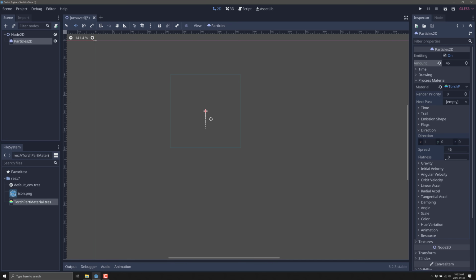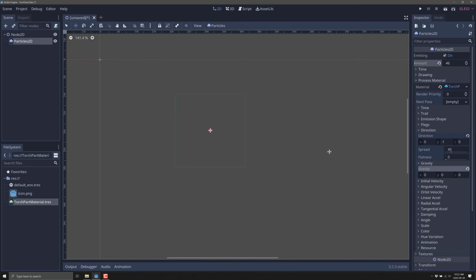So first off, we've got this direction. This one is shooting straight down. Now, what we want to do is actually shoot up. So we're going to switch that. From that, we want to go Y. And the reason why it's actually shooting down isn't because of this direction here. It's actually gravity that's causing that. So what we're going to be doing is actually turning off gravity, because gravity has very little effect on flame. So we've got it now. The direction of our particle system is this way, obviously in the negative Y axis. So that we got that going on now.